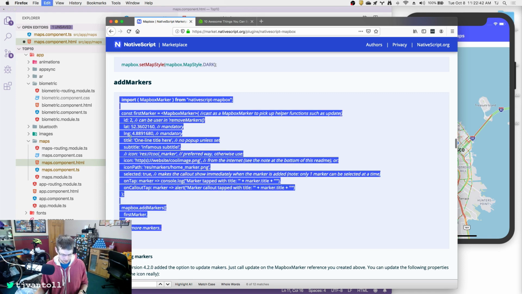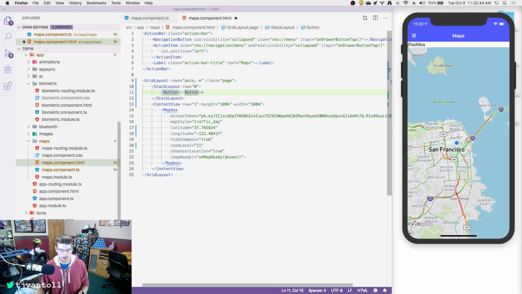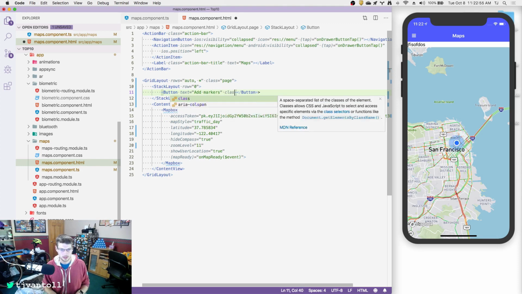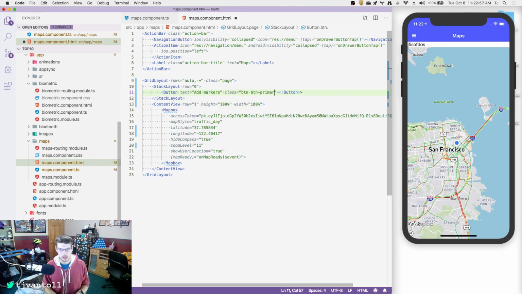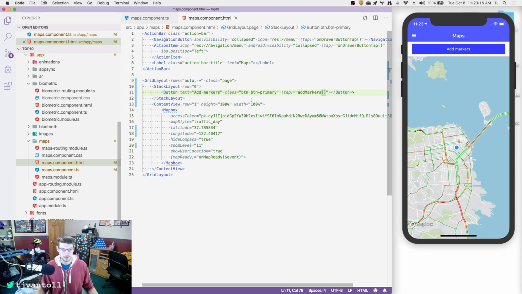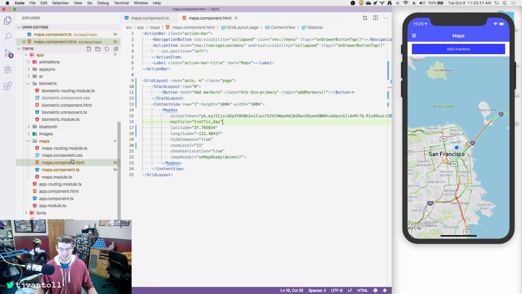So let's just grab this. And what do we want to do? So I guess let's just make a button. Add markers. Don't really care too much what this button looks like for the moment. And when the user taps this, we'll add markers. I don't even think I need anything special, so... Oh, that button's really big. So let's